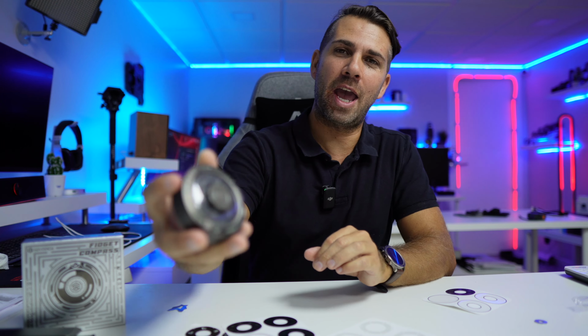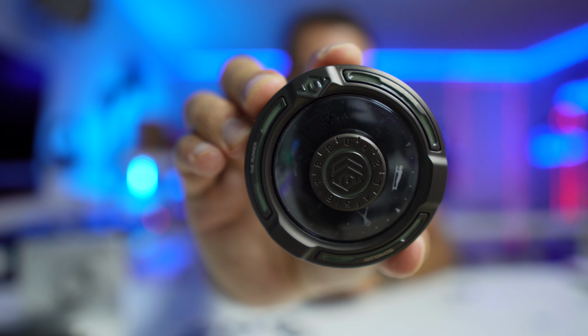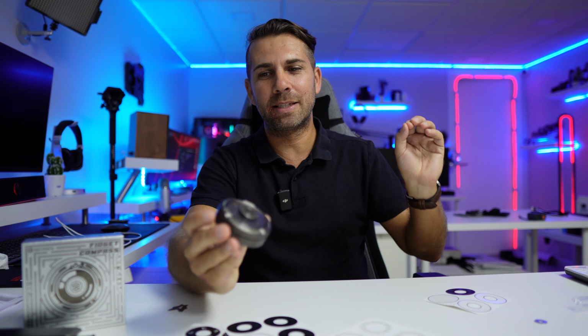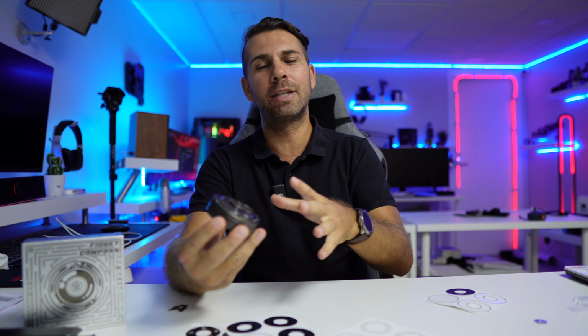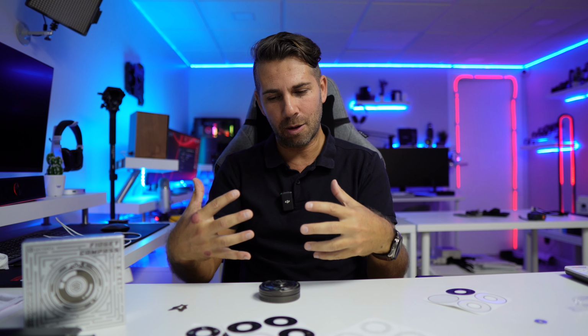And today I've got here an interesting gadget. This is the ICHOXER Fidget Spinner Decision Maker Helper. Now, I would start by saying that this is a decision maker and I will show you how it works, but I would suggest to take it lightly, and I would not personally put huge decisions here, but I would put light decisions and decisions that probably are made in a group of friends that will help us to have